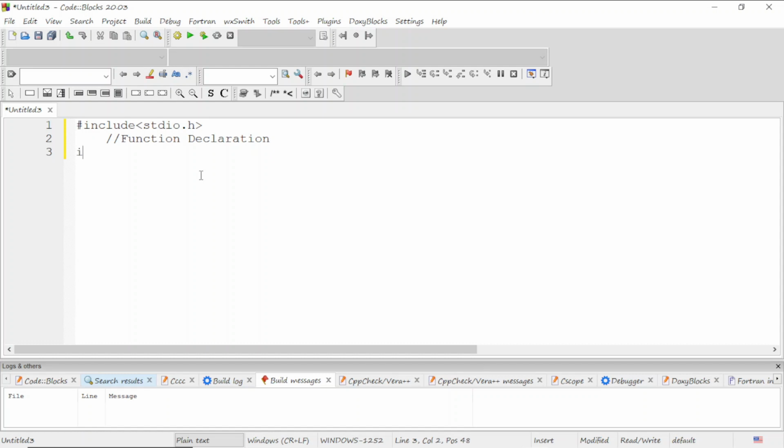After that, return data type int, and taking a function name as add, because we are adding something, and giving it two parameters, int a and int b. Okay,